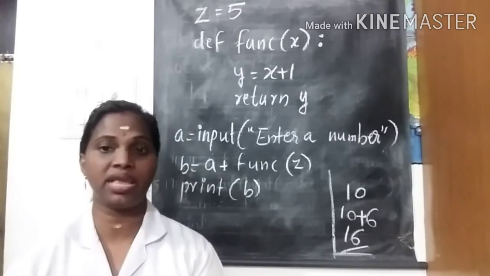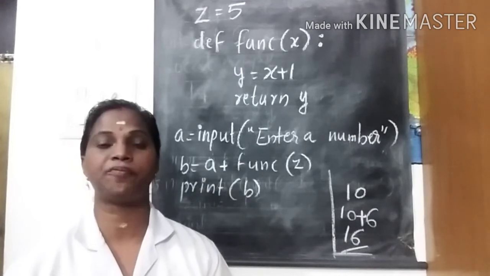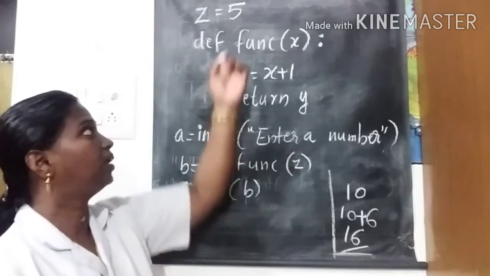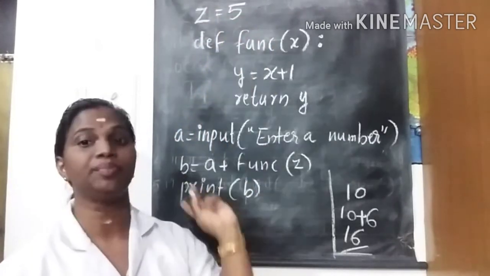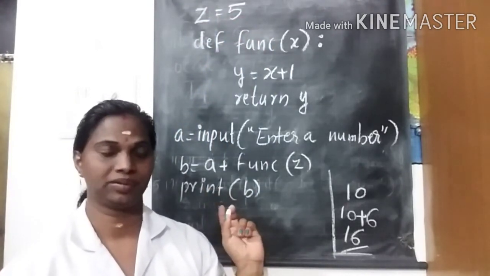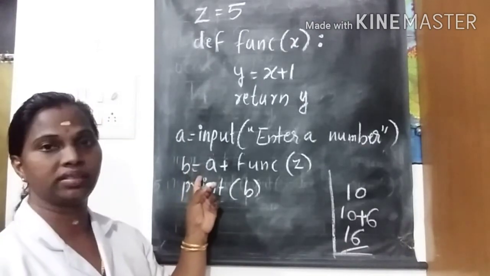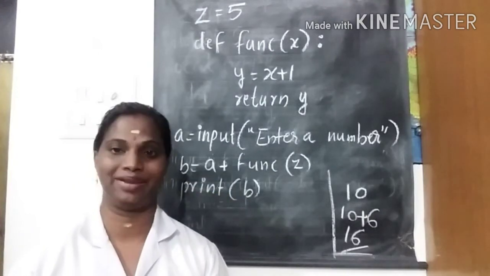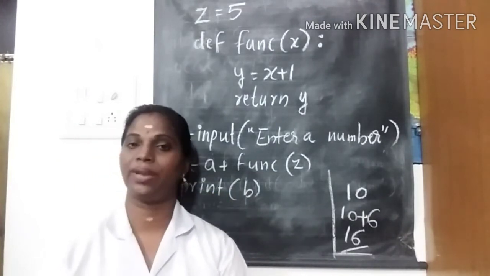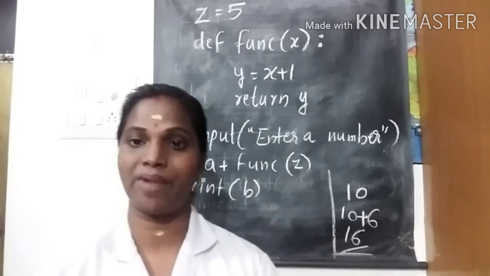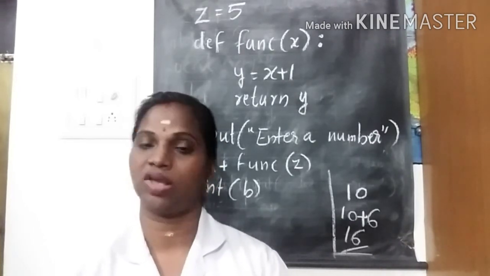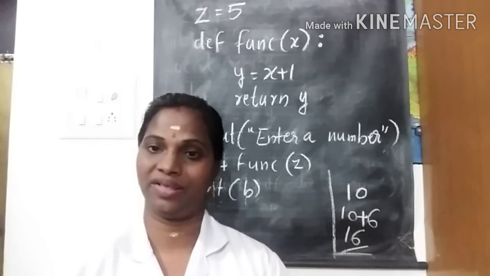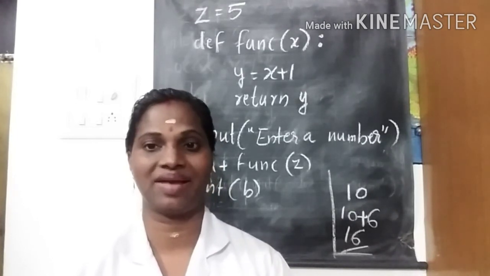So when you define any variable outside of all the functions, it is treated as a global variable. So this variable z is equal to 5 is a global variable. Here a and b are also global variables. Here x and y are local variables. Okay, children, now I believe you all understood the concept of global variables and local variables, or global scope and local scope. If anyone has any doubt, please note it down in your notebook, then ask in the live session.